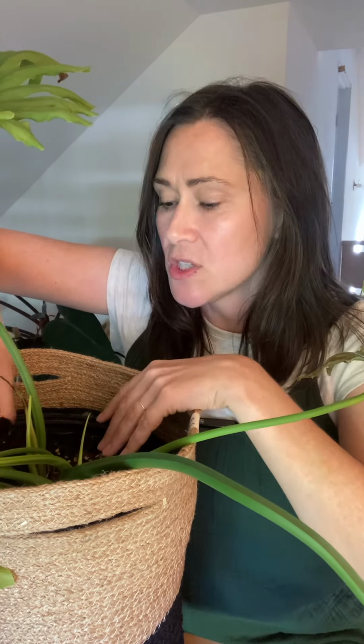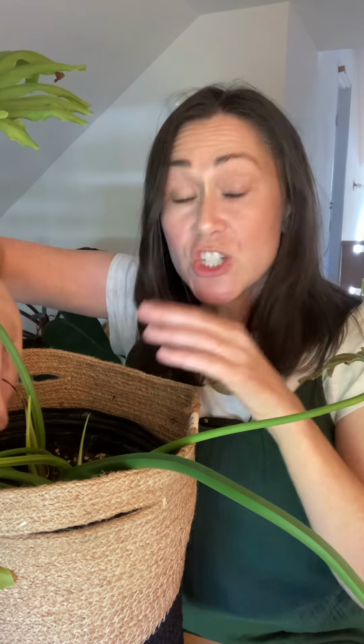Okay, so what did I do? I dug deep into the plant to see what's going on with the soil. The soil feels good. I basically gave myself a refresh with the watering. I did a deep water, like I brought it outside, let it fully drink, let it fully drain, put it in a better spot for its light, and then started my